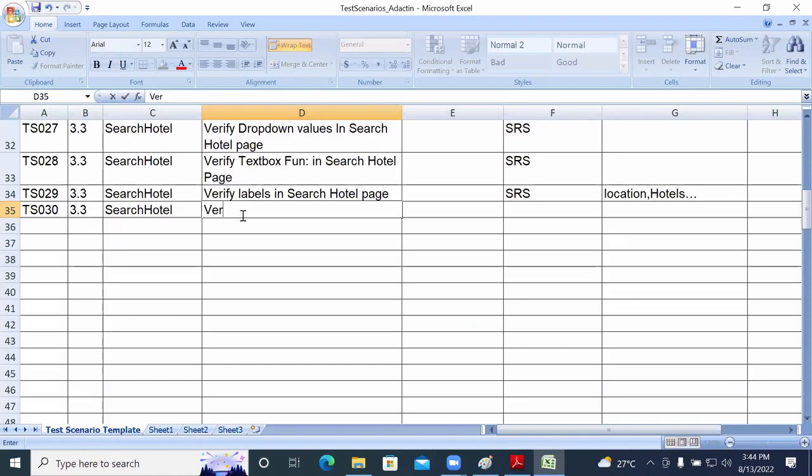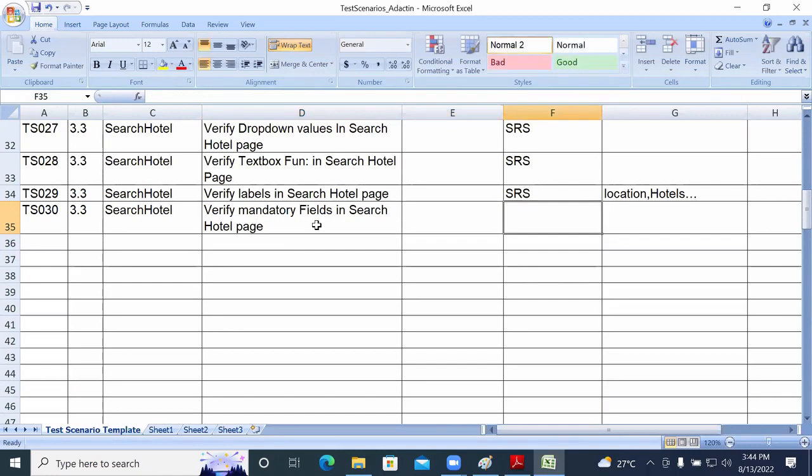mandatory fields. Verify mandatory fields. Verify mandatory fields in search hotel page. Considering the SRS. Okay. Next, TS